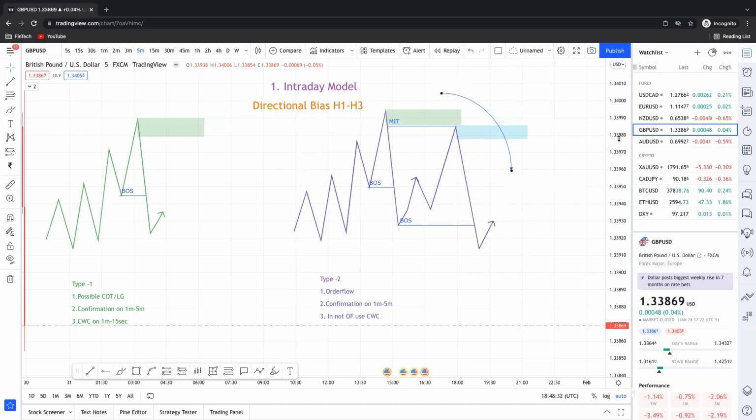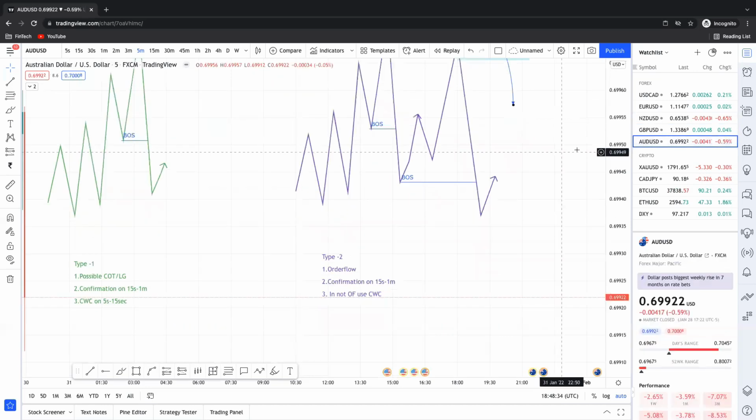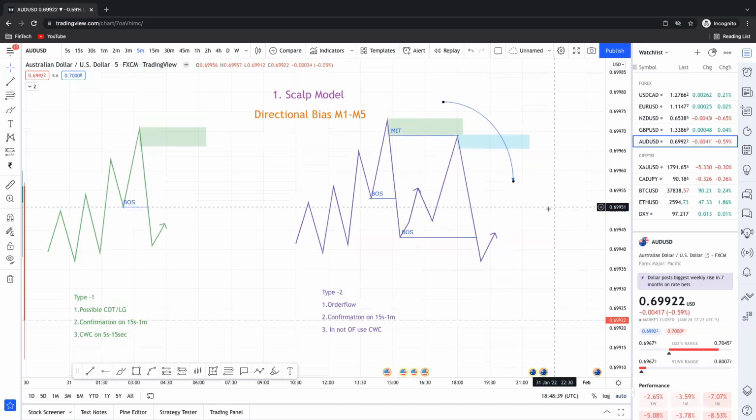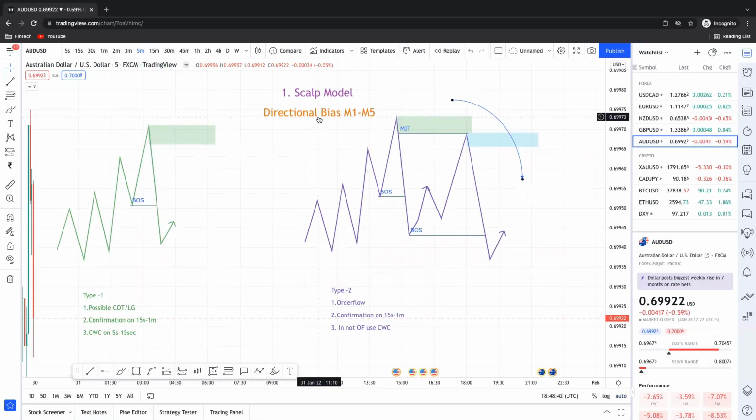So interestingly, and for the scalp model, the difference is directional bias will come from M1 to M5, right? So the M1, so here is the thing. For scalping, you need to look at scalping when the market opens. Let's say if your London opens 8 o'clock in the morning,